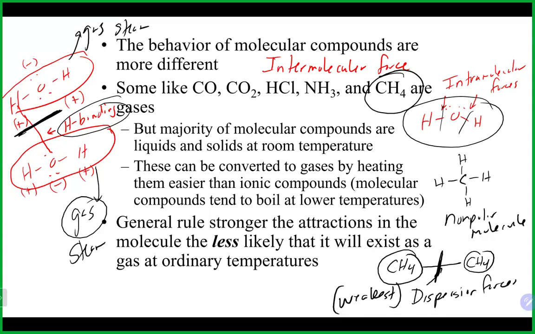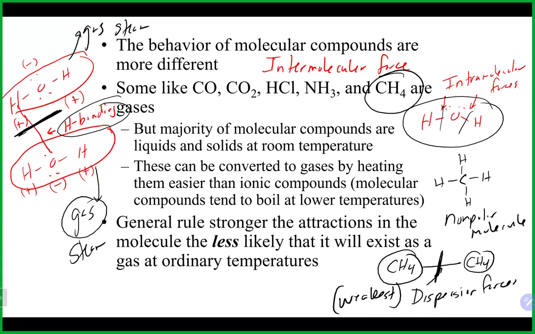They oftentimes will do a lot of their work in the fume hood to prevent those types of things from happening. So in general, if something is held together through a relatively strong intermolecular force, we would not expect it to be in the gas phase under normal conditions, like an ionic compound. If it's held together by a weaker intermolecular force, it's going to be much easier for it to be in the gas phase. And again, that's what we see with a lot of organic compounds and stuff like that.